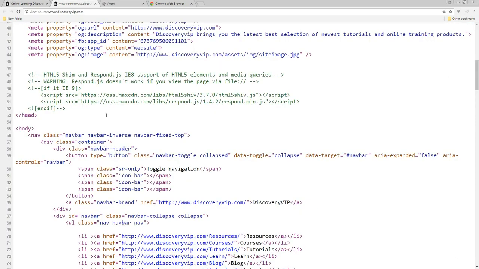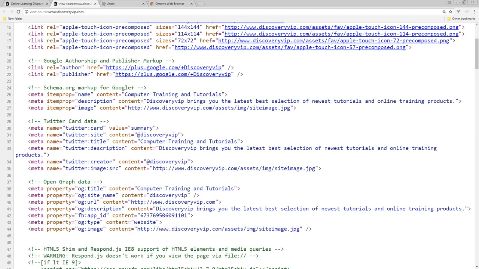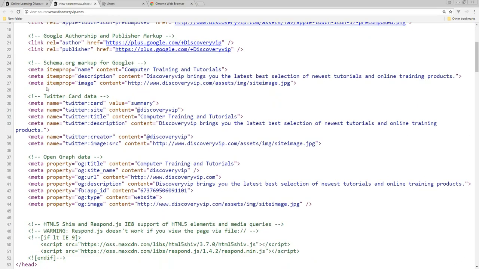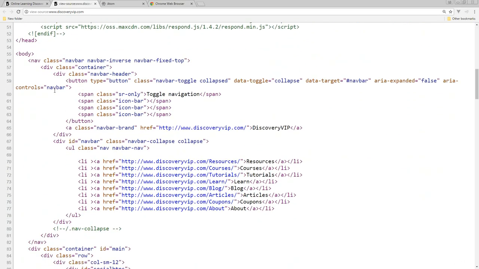And that's what HTML does. And I know initially when you look at source code, it just looks like a whole bunch of code here, but really at the end of the day, HTML is not that hard. There's not a lot of elements that comprise HTML. There's probably only about 100 different elements within HTML, and